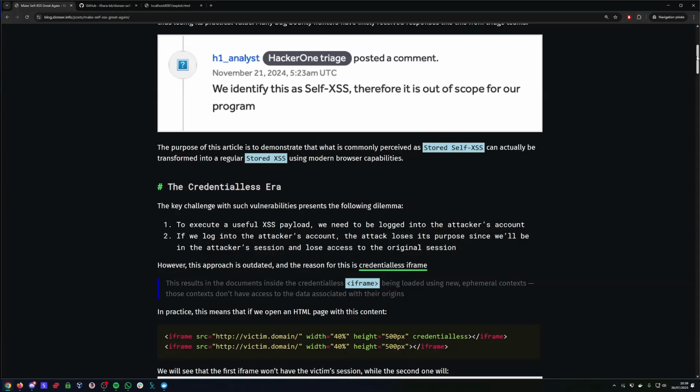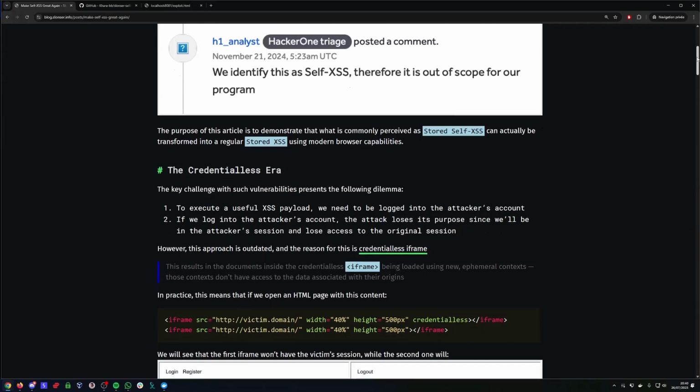For these cases, usually you do either tinkering, fuzzing, or you just go back to the documentation, which is what he did by reading the RFC. And one of those interesting items was the credentialless iframe. Credentialless iframes are contexts that you can load within the page but that don't share the same context as the others, which means we have